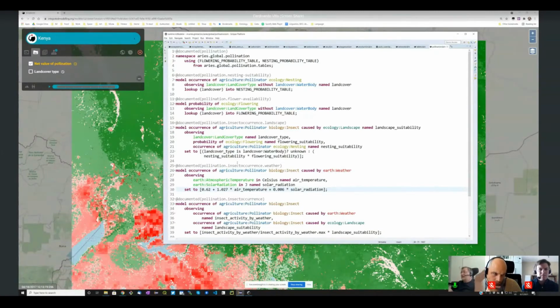And if the system needs to know the occurrence of pollinator insect caused by weather, and it is in Romania, it will look for something else, because this is specific to Kenya, and somebody else may have put it in. So what we normally do as the Aries team is to provide the system with ways of observing with global data concepts that basically work everywhere, but they may not be as accurate or as detailed as models that are ad hoc for a particular place.